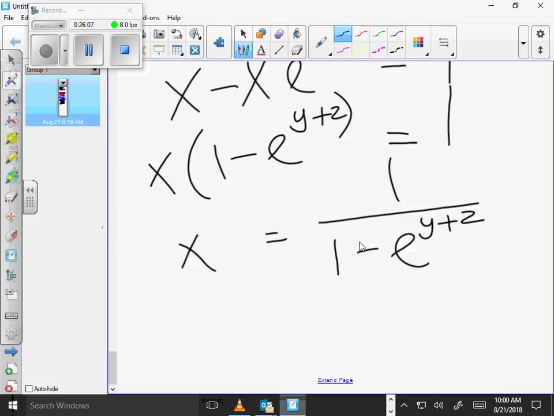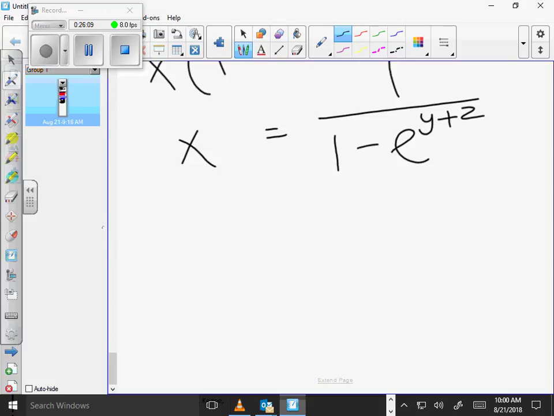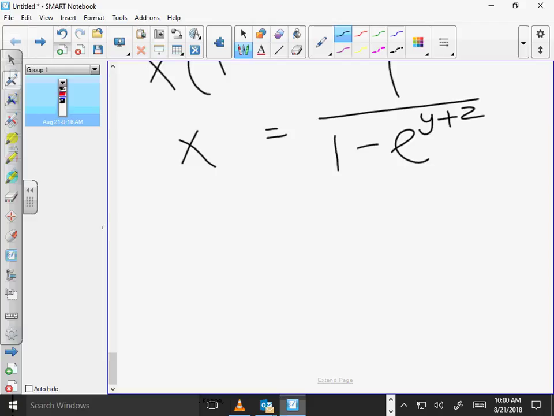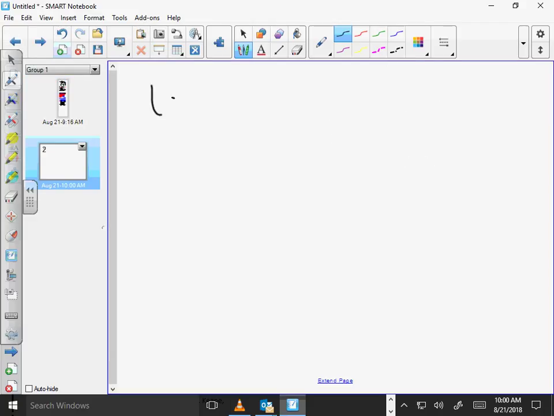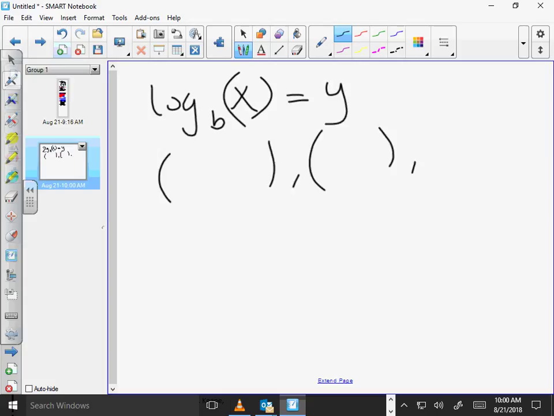Okay. Let's take a moment to talk about some graphing stuff. I heard that. Log base b of x equals y. The reference points are